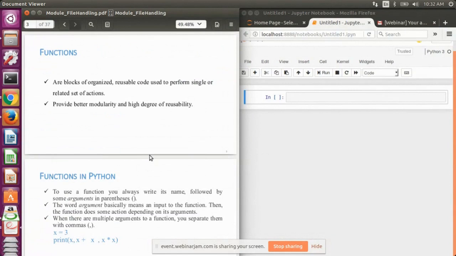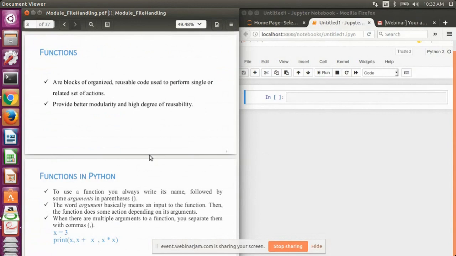Suppose we have the example of an addition operator. If we want to add two numbers, we can define a function and then use that function in any piece of code without rewriting that set of statements again and again.